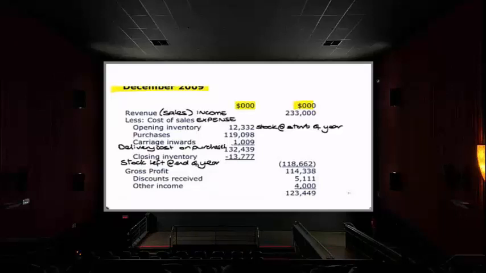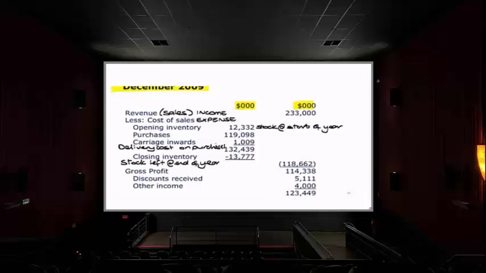So 1 year's closing inventory will be the next year's opening inventory. Okay, so we will see this figure again, but in the next accounting period, and we will match that against the sales that we made because we must have sold them next year. For now though, any stock left unsold would need to be deducted from cost of sales because you haven't sold